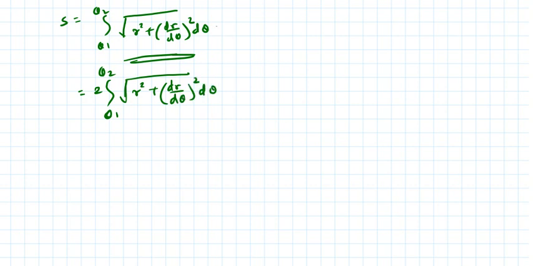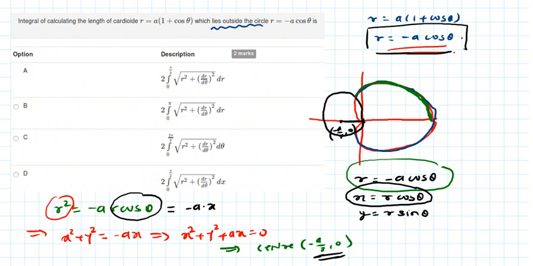Okay, we need to find out what will be those theta 1 and theta 2, because in the given question all the remaining things are same except the limits. So we need to identify what will be limits. The lower limit is theta equal to 0, that is very clear, but the question is what is the upper limit. And this arc length, if you observe here, finishes here for this theta. So we need this theta.